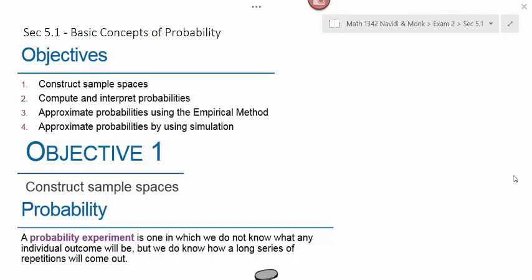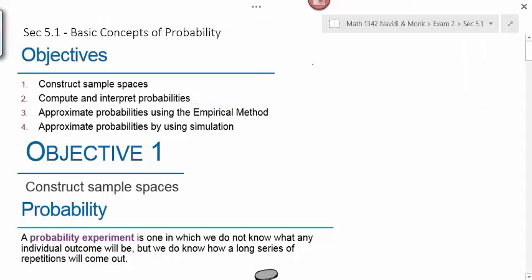as we go along. Our objectives tonight are to construct sample spaces, compute and interpret probabilities, approximate probabilities using the empirical method, and approximate probabilities by using simulation. We'll discuss each of these, but before we get started, I want to give you some definitions that I used to do first out of the other book. Your book kind of organizes things differently, but I think it'll make tonight's discussion go a little bit smoother if